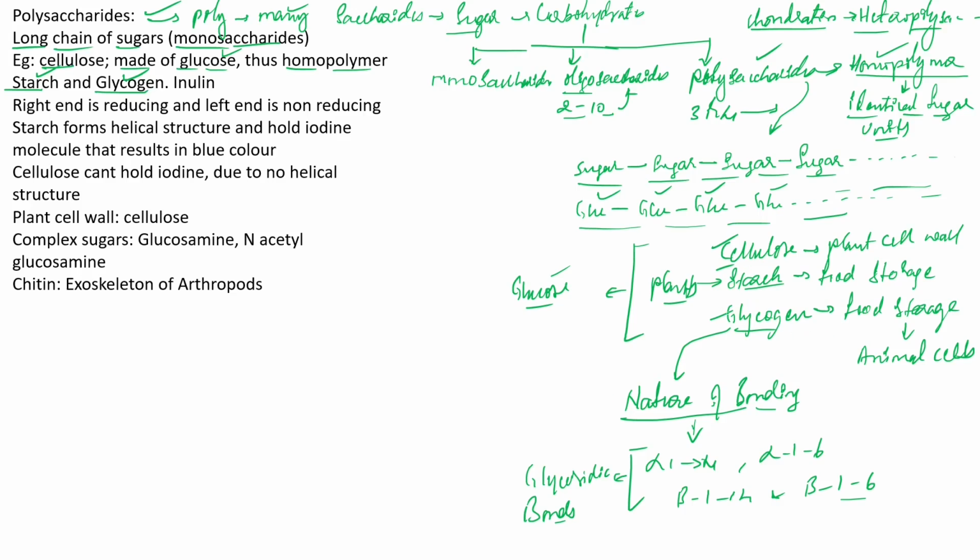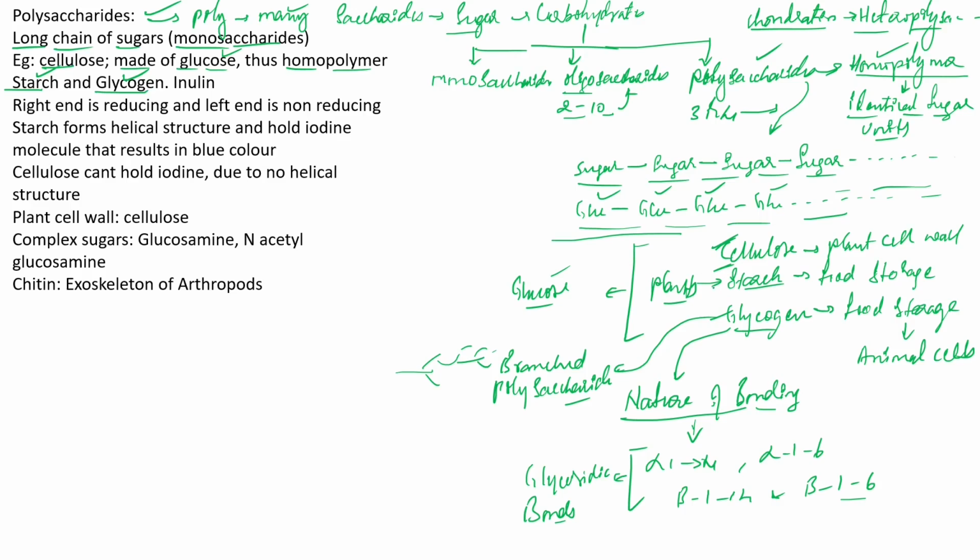And interestingly, one more point that we have to remember about glycogen is that it is a branched polysaccharide. Yes, this is an important aspect that you have to remember. Unlike cellulose and starch, both of which are linear, just like a straight line, glycogen is a branched polysaccharide. There will be multiple branch points. Branch points are an advanced biology concept, so don't worry about that. Glycogen is a branched polysaccharide, but cellulose and starch are both linear polysaccharides.